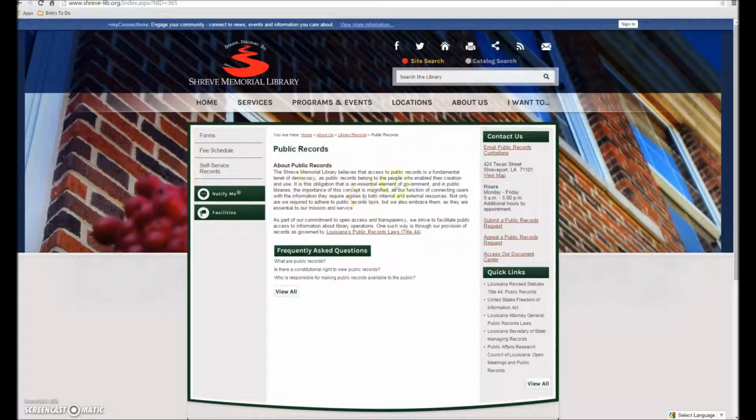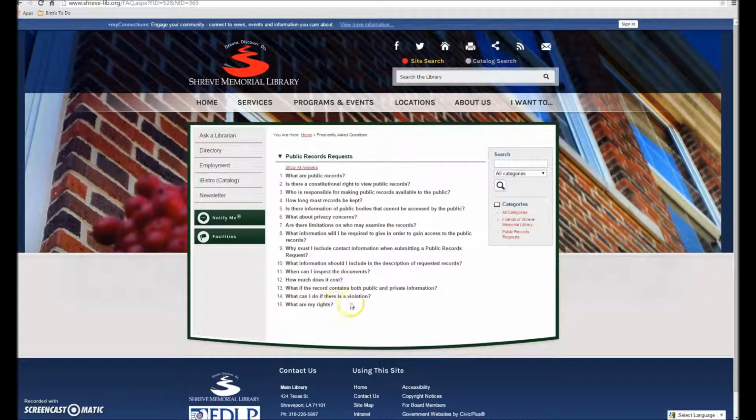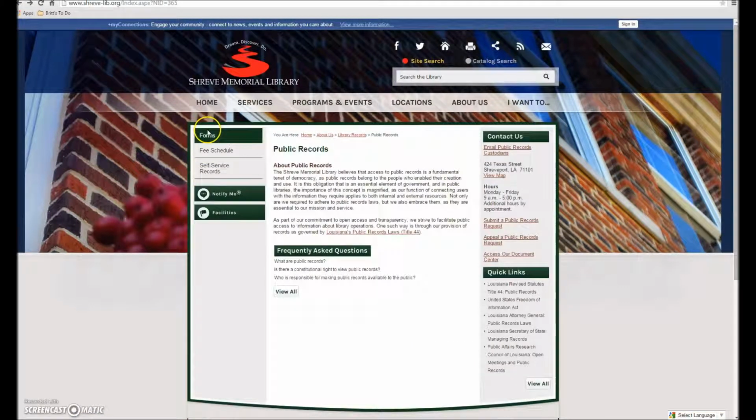And that is going to bring up some information about public records. It has an option for frequently asked questions, and if we click on that, it makes available a whole lot of information about the public records request process, not only at the library, but in the context of the state of Louisiana as well. So if we go back, you can see that there is an option for forms, fee